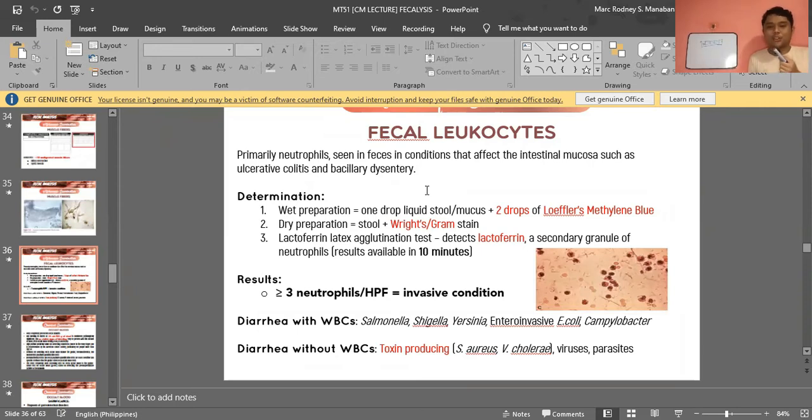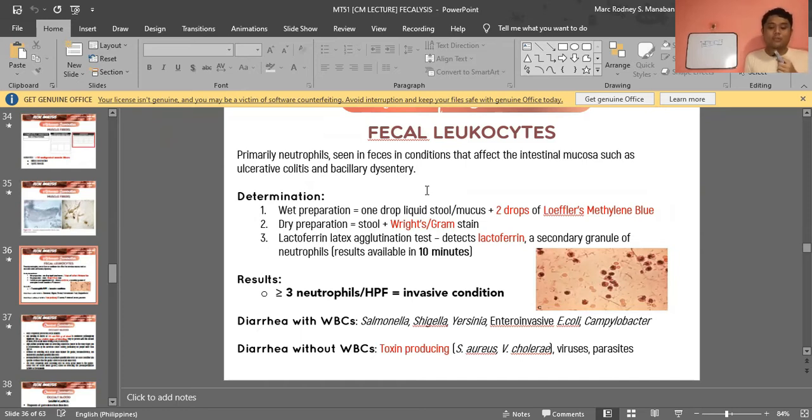You have Staphylococcus and Vibrio cholerae, all right? And viruses and parasites. So you may be thinking, sir, don't Shigella and E. coli produce toxins? All right? But again, generally, aside from producing toxins, they themselves cause the disease. Okay? So for diarrhea without WBC,